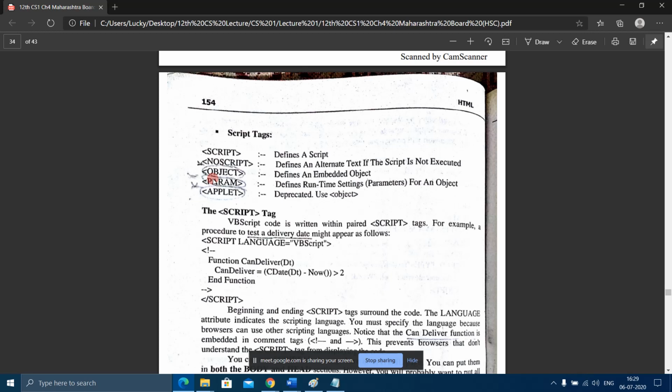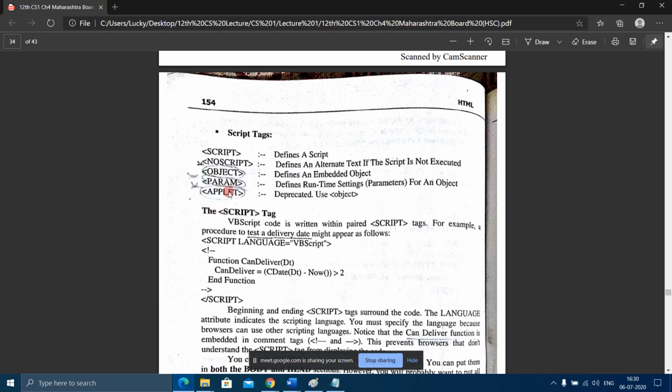And param means parameters, which are used with the object tag to give parameters to it. I don't think we have to do this in detail. If required, I will definitely explain the object and param tags in detail, but I don't think it's necessary.